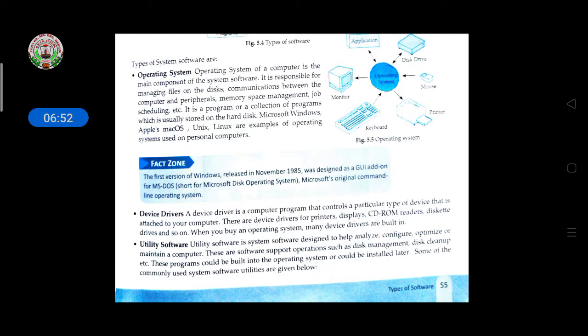If you are adding some peripheral devices, then memory allotment, memory management, job scheduling, all the work is done by the operating system, and it stores everything properly. It is a program or collection of programs usually stored in the hard disk. Some operating system names are Microsoft Windows, Apple, Unix, and Linux.